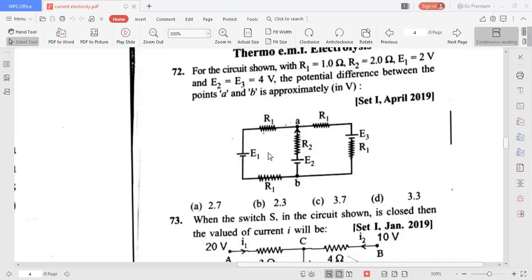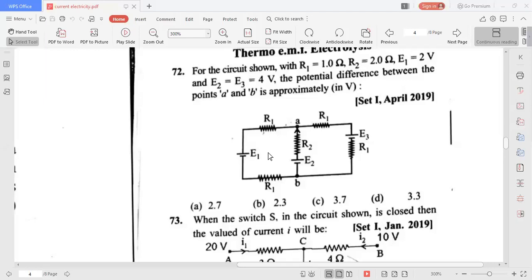It is 2 ohm. What about this resistance? It is also equal to 1 ohm. R1 is equal to 1 ohm. So here it becomes 2 ohm. Now in this circuit, effective resistance is 2 ohm. So you write 2 ohm here. This is not 20, 1 plus 1, 2 ohm. The diagram is like this.